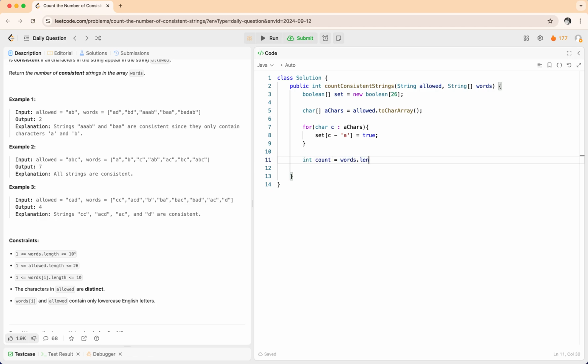So words.length we will do, and then for string s of the words, what we will do is take int n equal to s.length, and then for int i equal to 0, i less than n, i plus plus, and then what we will do,